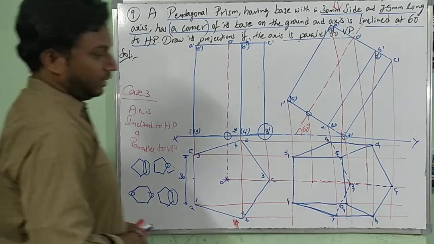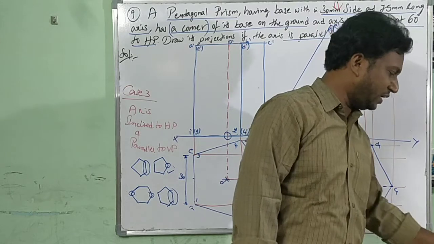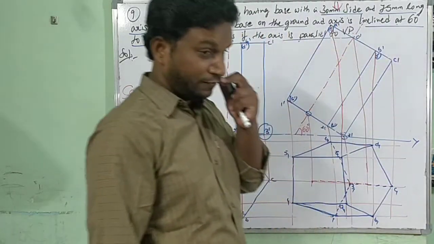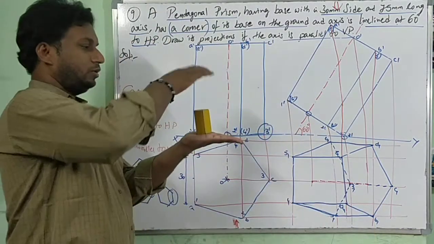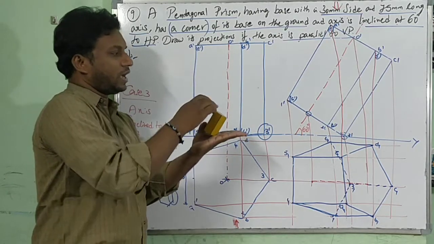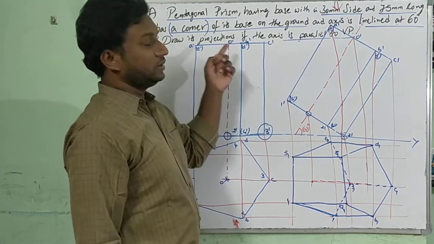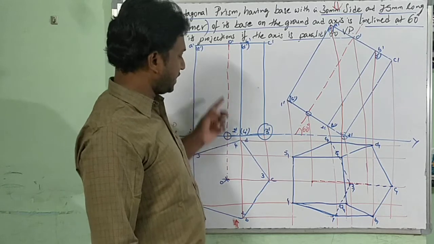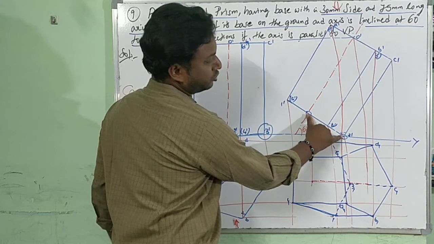See, if you listen with concentration, you will feel it a little bit easy. But if you do not listen with concentration, you will feel it as very difficult. Simple. I have drawn first the top view true shape pentagon and its front view from here. Now with respect to the corner, I have rotated. Once again I am telling, draw 60 degrees at an angle to the axis, the inclined axis. Now with respect to this axis, measure this distance. Trial and error method, it has to be this.